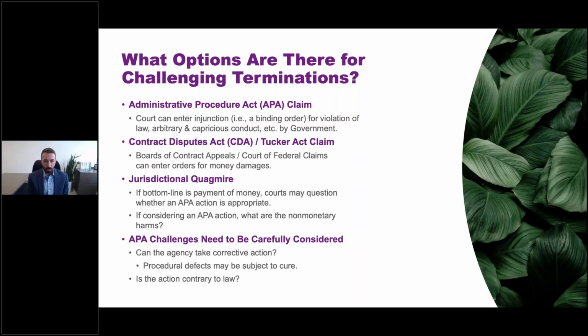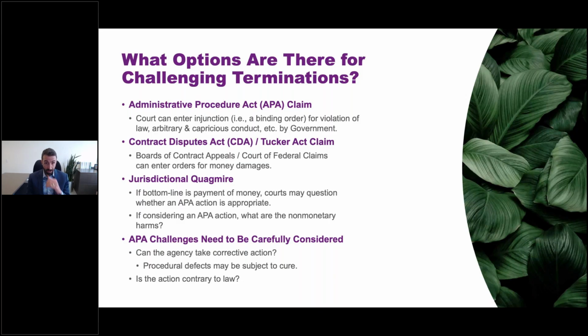to talk about that, you have to talk about your procedural options, right? So there are various federal laws that talk about the kinds of claims you can bring to challenge government action. One of them is the Administrative Procedure Act, which establishes a baseline that the government's actions should be compliant with law and well documented and not arbitrary and capricious. In other words, it needs to have reasons for what it's doing, right? The government cannot act arbitrarily. And if it does, a court can actually enter an injunction, which is a binding order to correct the government's violation, okay?